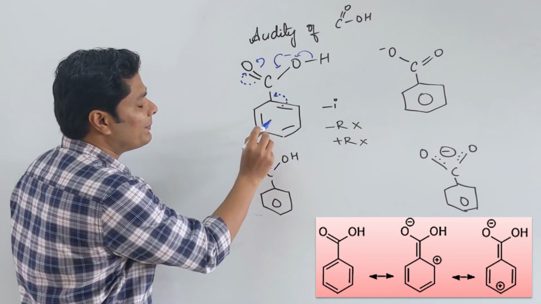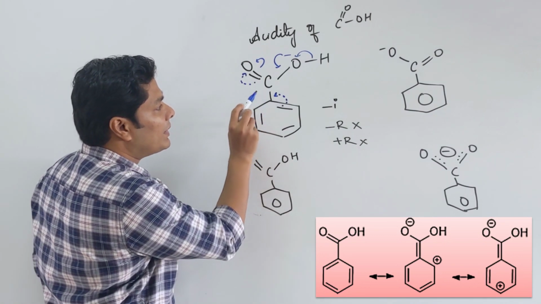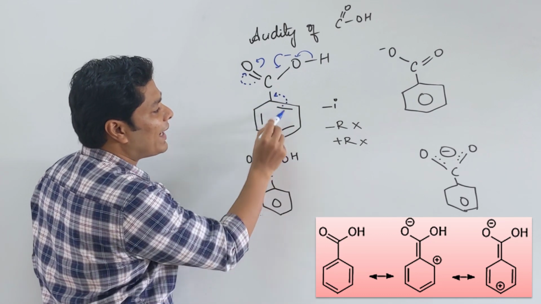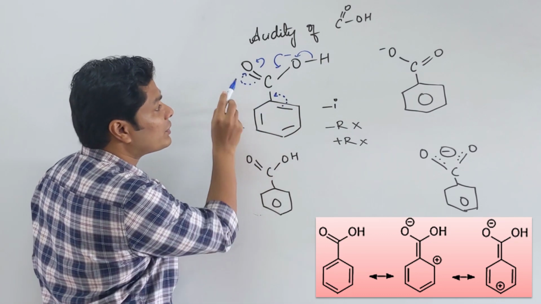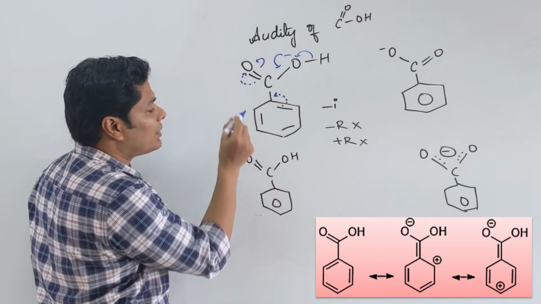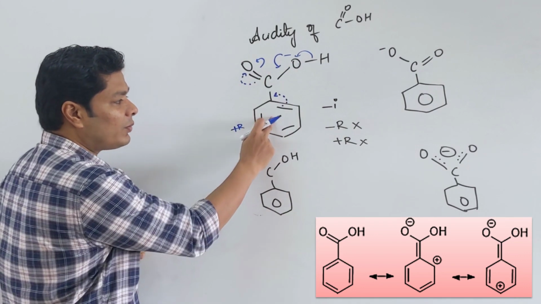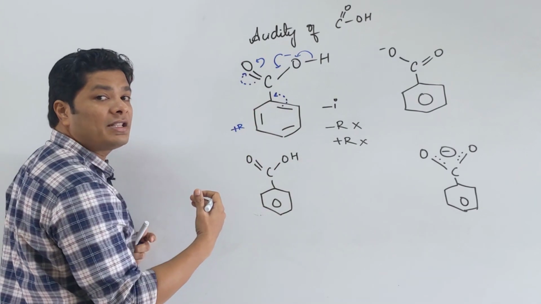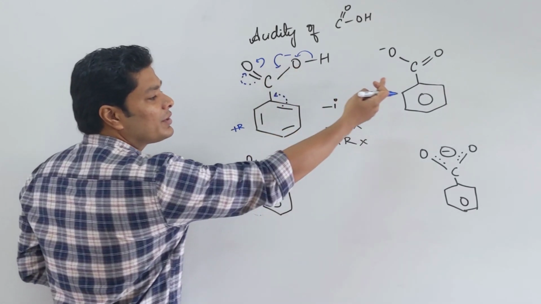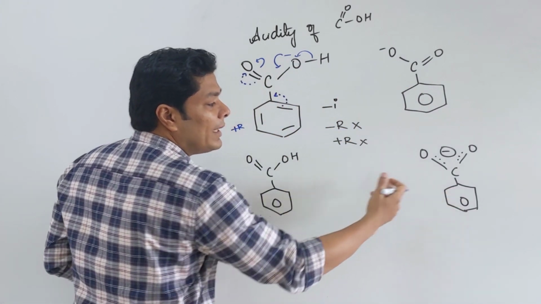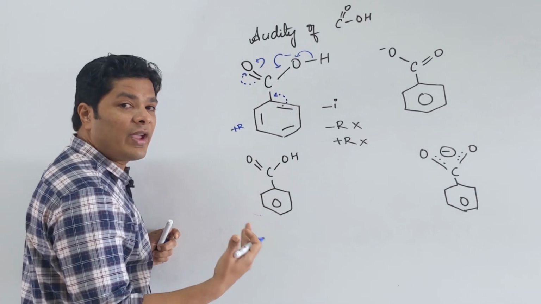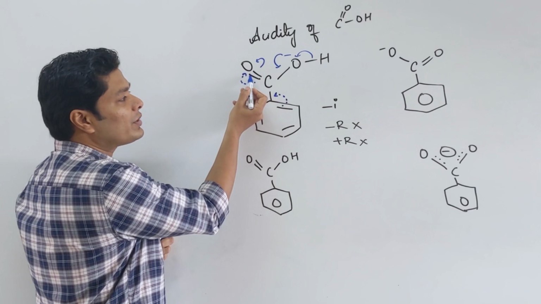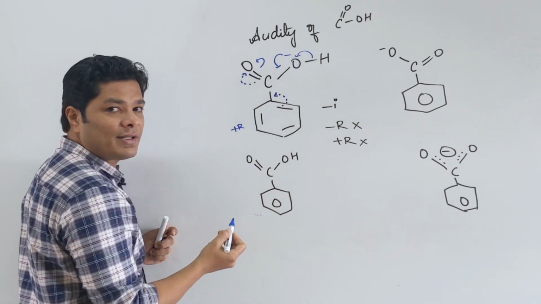So, what happens because of this resonance? The oxygen can withdraw electron from this carbon, the carbon can get electron. So, the ring is actually behaving as plus R to this oxygen. So, this oxygen takes electron from the ring, right? If this takes electron from the ring, it is not willing to participate in resonance with this oxygen. So, this is not going to happen much. It is going to happen, but not much, not favorable. So, the more the plus R effect of the ring, the more the electron is going to go to this oxygen, the oxygen is less willing to participate in resonance.